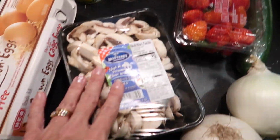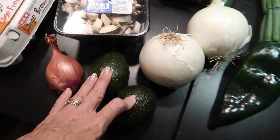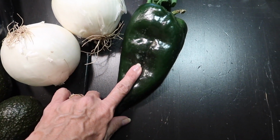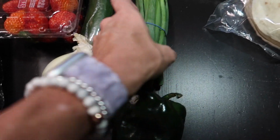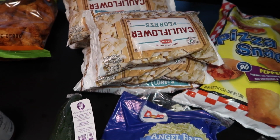Strawberries for strawberry shortcakes, mushrooms for 2 recipes actually, a shallot, 2 avocados because I'm feeling fresh avocado. I do have the little packets, but I'm feeling fresh. Onions for mini recipes, poblano for chicken poblano I showed you, not shallots. What are these? Green onions and a cucumber, and 6 bags of